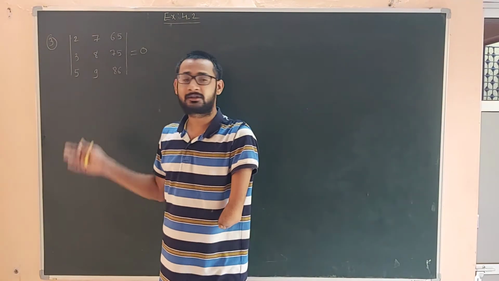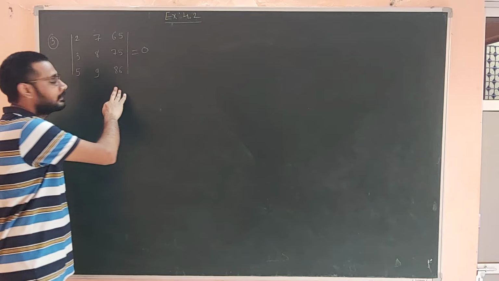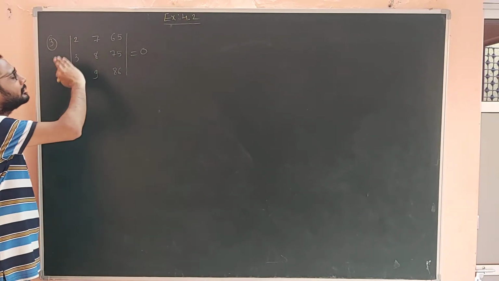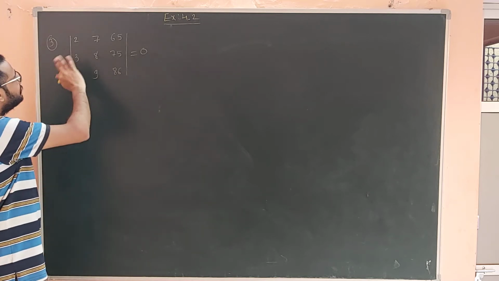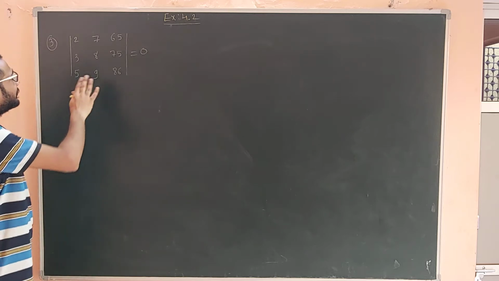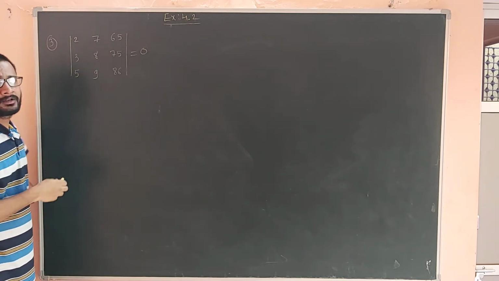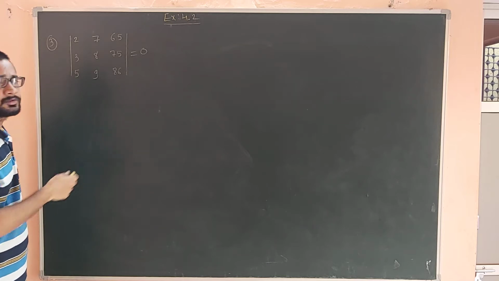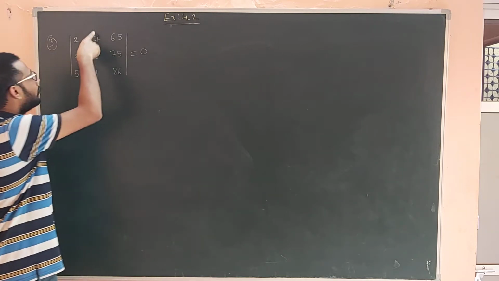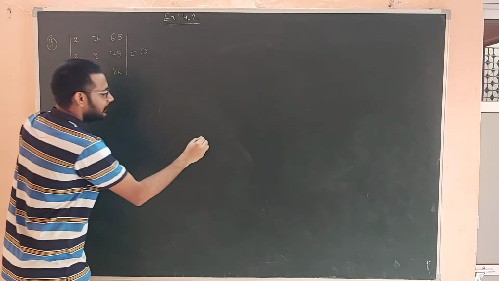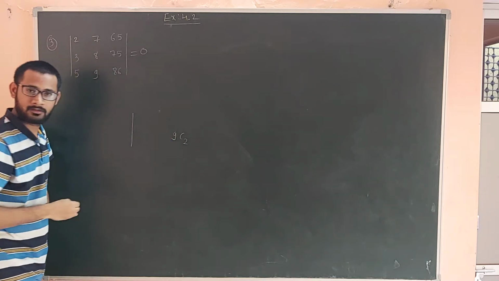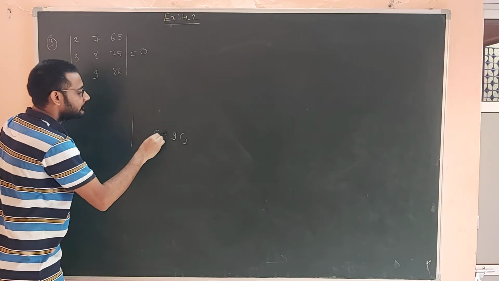Okay, so in the third sum, one determinant is given. We have to show that the value of the whole determinant is 0. Here only numbers are given. So we can also solve this determinant by the direct method, but the numbers are a little bigger, so the calculation will be difficult. So again we use some properties. Here I will multiply column 2 by 9, and add into the first column.